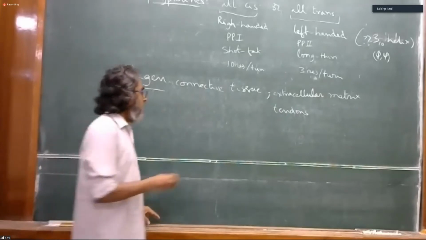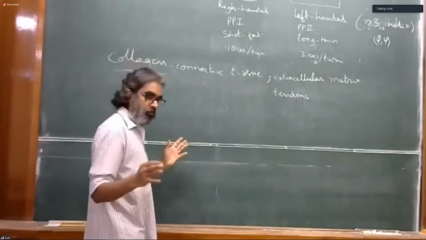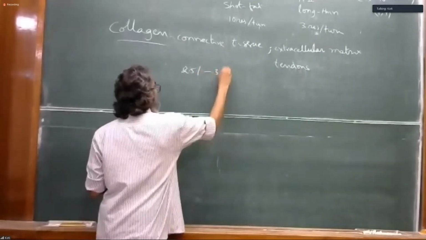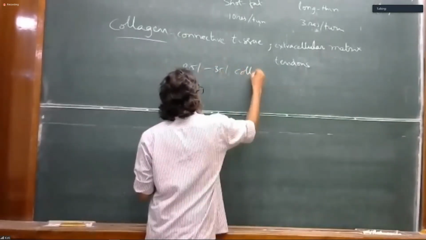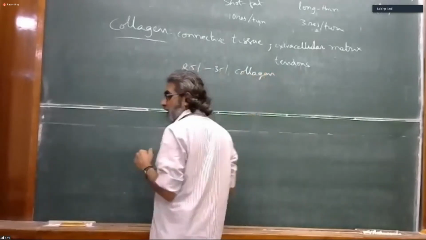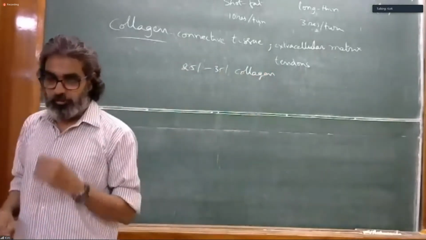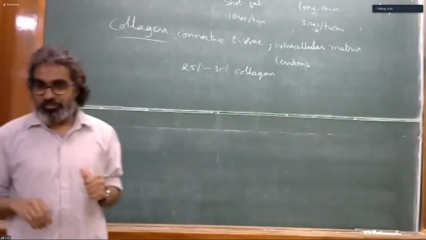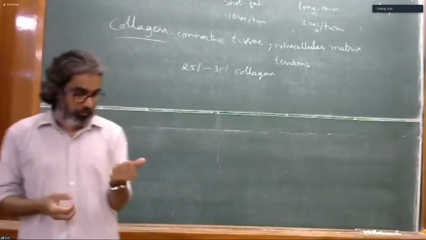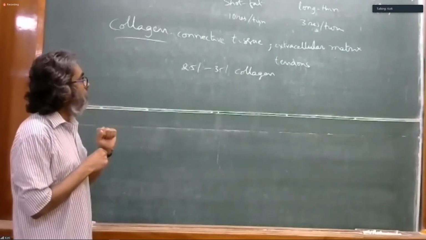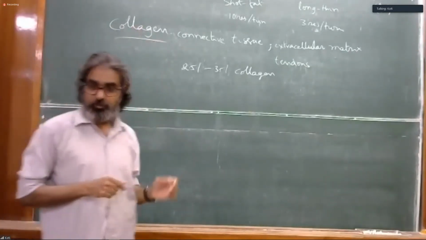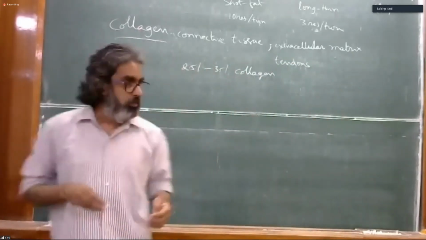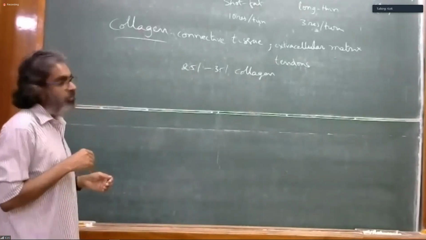If you take all the protein content in the body, roughly 25% to 35% is collagen. So it shows how important this protein is, which is given less importance than other proteins like enzymes when we talked about them, but collagen is absolutely a very important protein. And Ramachandran spent a lot of his time working on collagen structure. So what is so specific about collagen?